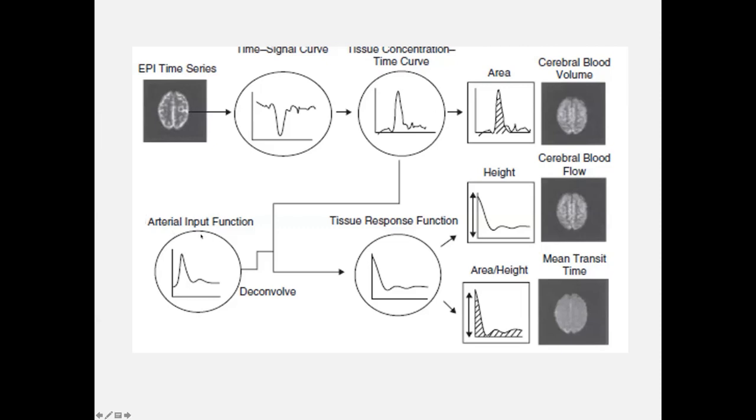However, the arterial input function from a major vessel is required to obtain CBF and MTT. Now, why am I stressing on AIF? AIF, though calculated by a computer, depends on so many factors. For example, somebody might have a cardiac output of 30, somebody might have a cardiac output of 50, and somebody might have a cardiac output of 60.